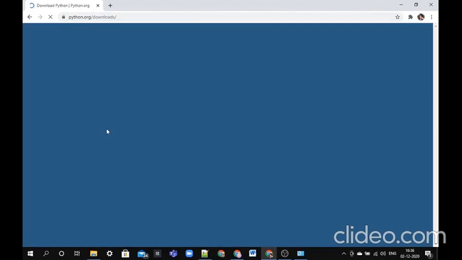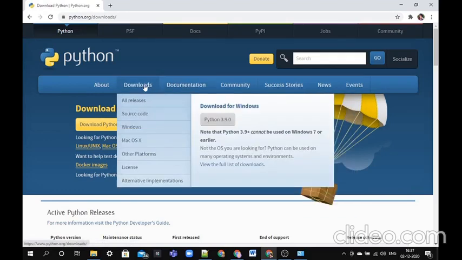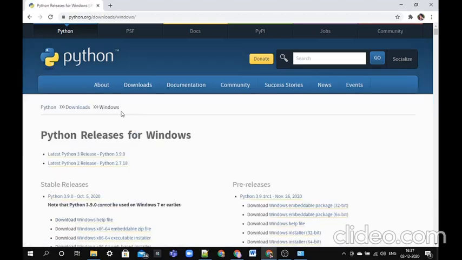When this site opens, if you have a latest system, you can download Python 3.9 or 3.7. Otherwise, go to the download option and click on the Windows option. There you will get the latest Python 3 release, Python 3.9, or this one, 2.7.